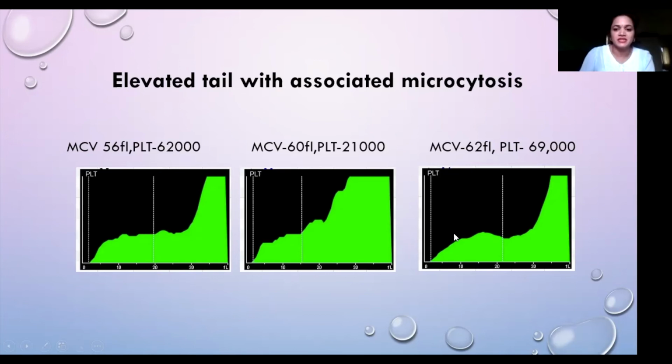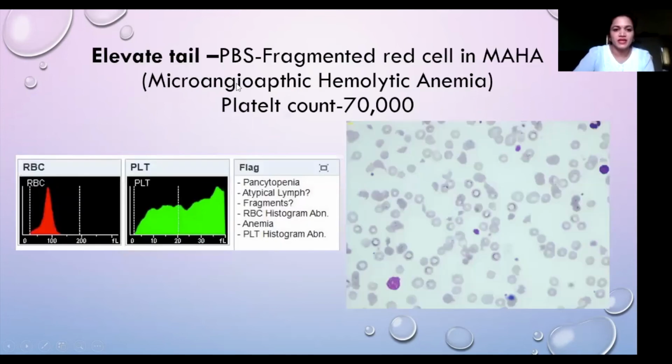And if we can see these different histograms from different samples, it is very much convincing that this pattern could be taken as a definitive indicator whenever we have the MCV which is low and there is this elevated tail, that is indicating microcytosis. And the other important cause of this elevated tail was seen in cases of fragmented RBCs,